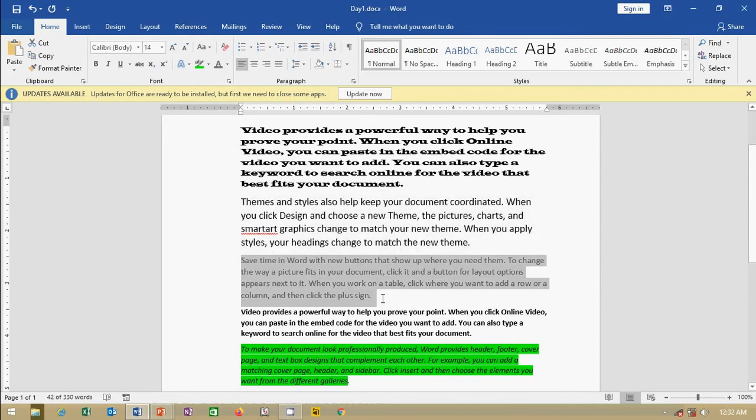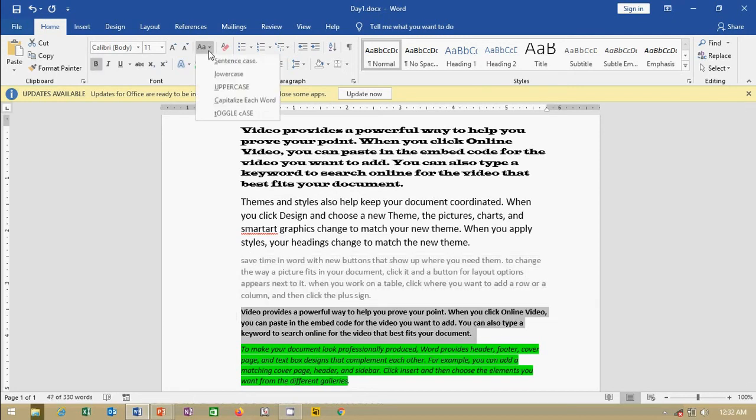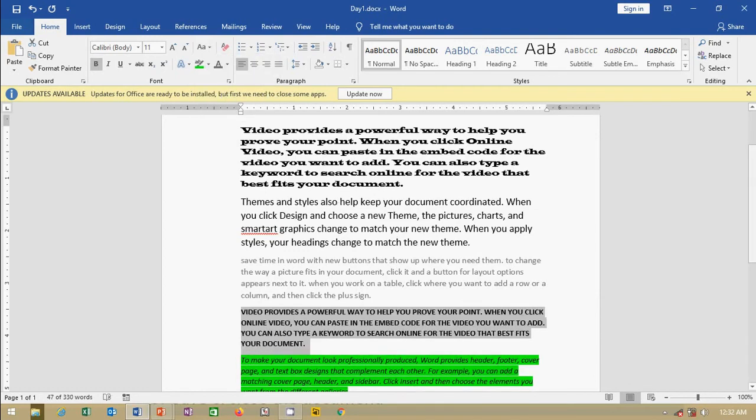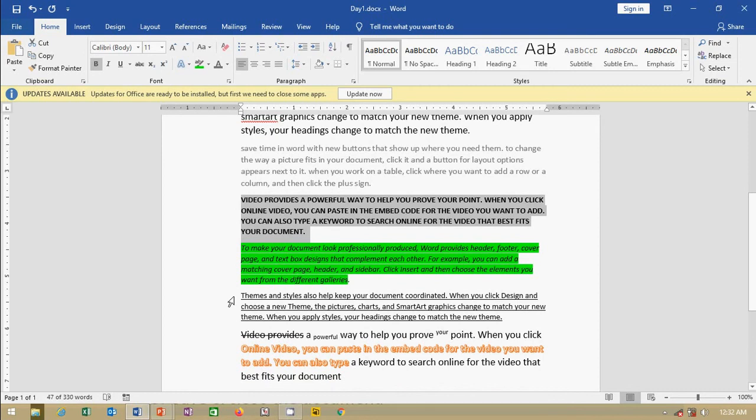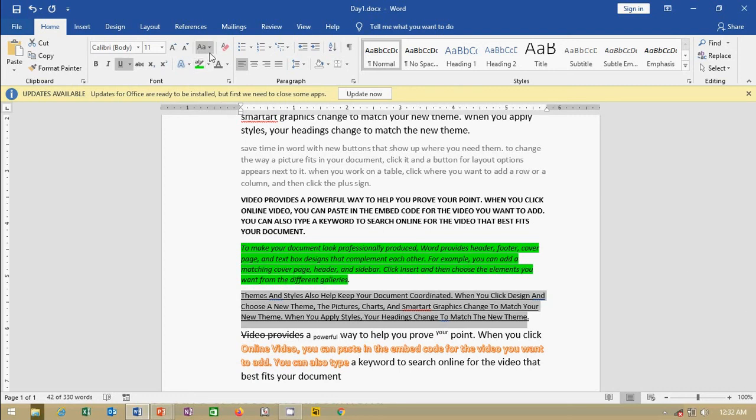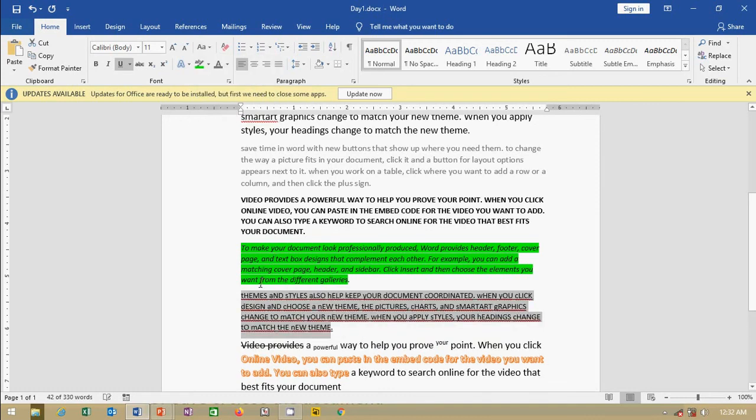And the next one I select, as you can see, is lower case. All the letters in your paragraph will be lower. And select this one, we need all uppercase. We do not need to delete this text, just select it and make it uppercase. I select this one, and I select capitalize each word. It means, as you can see, the first letter of each and every word has been capitalized. And I just click it here. Toggle case is the same thing: whatever is a capital letter becomes a small letter, and whatever is a small letter becomes a capital letter.